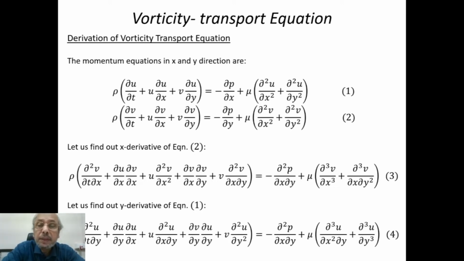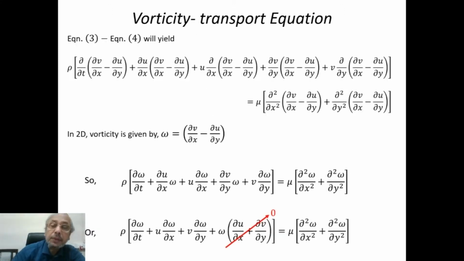Then we differentiate equation 1 with respect to y and we get equation 4. Next what we do, we subtract equation 4 from equation 3 and then we can see a new term, del v del x minus del u del y, appearing in the governing equation